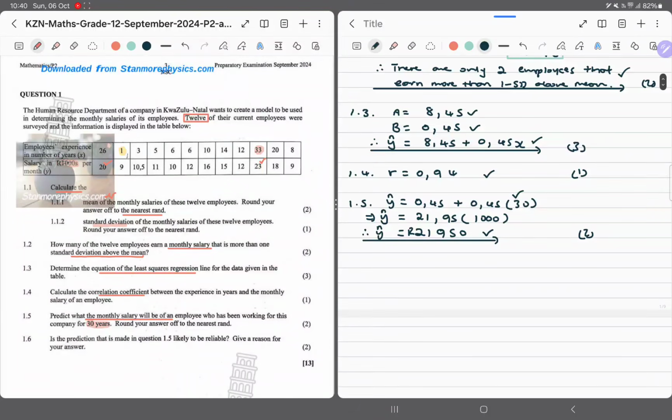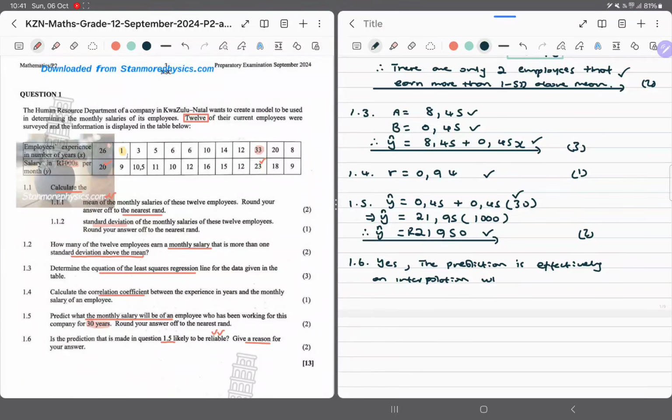Easy 2 marks. Now the last question says, is the prediction that is made in 1.5 likely to be reliable, and give a reason for your answer. So the important thing to say here is that definitely it is. We can say yes. Why? We can say here the prediction is effectively an interpolation